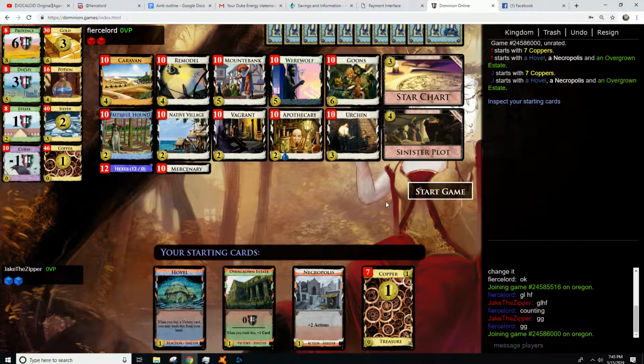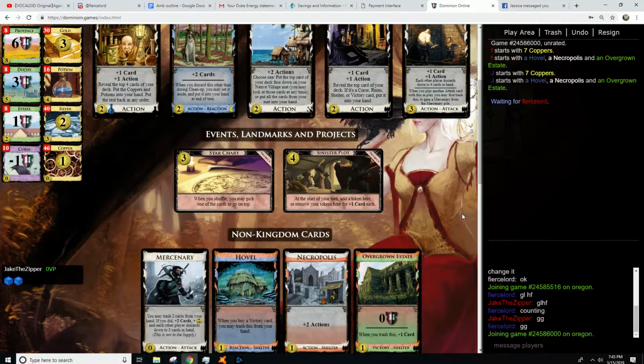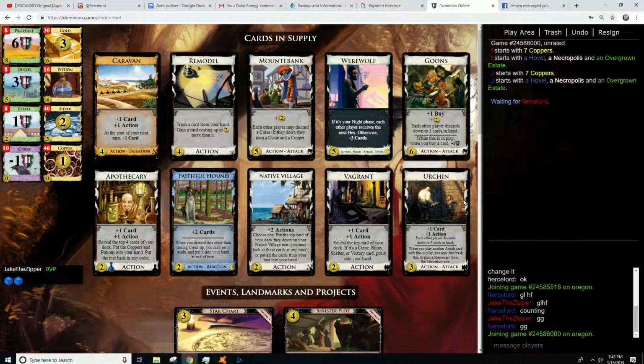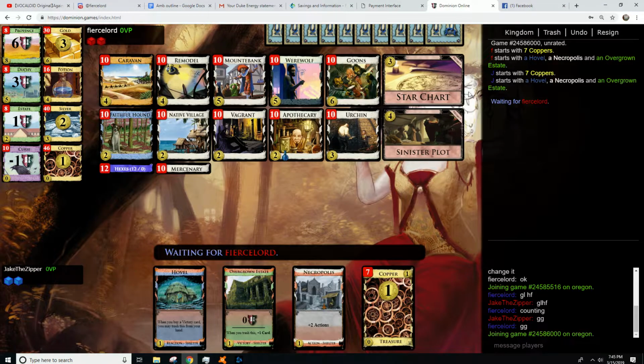Because, oh wow, look at this. This is garbage. Oh man, this is a brutal kingdom. What are the priorities here? Wow. This is like, wow. Okay,